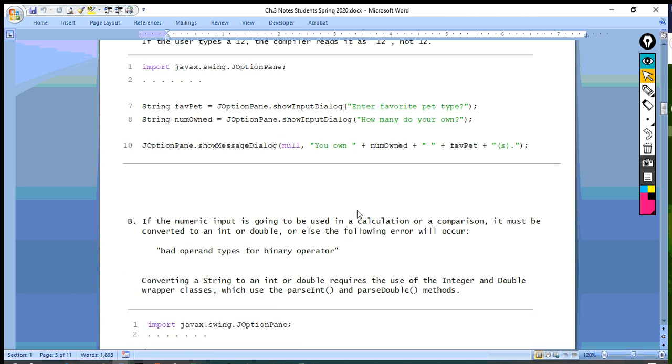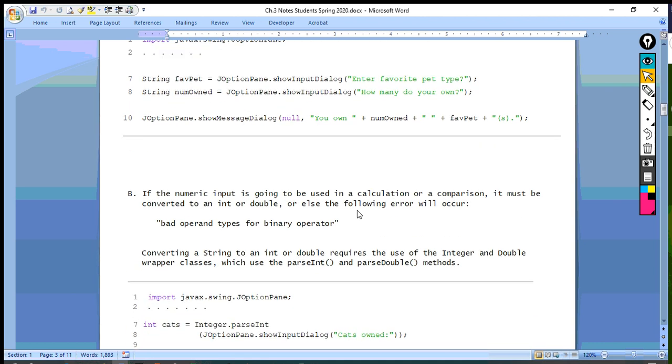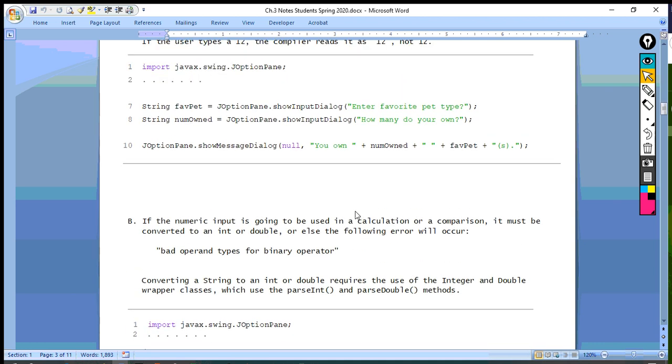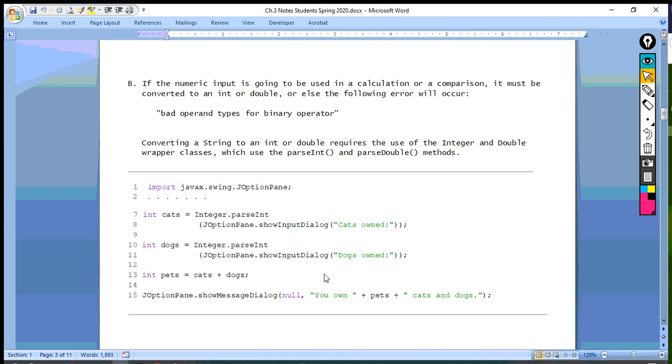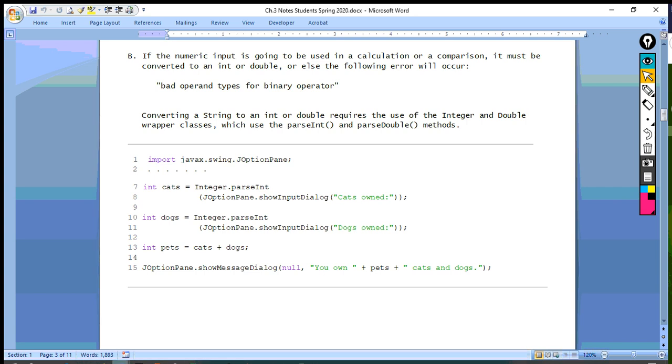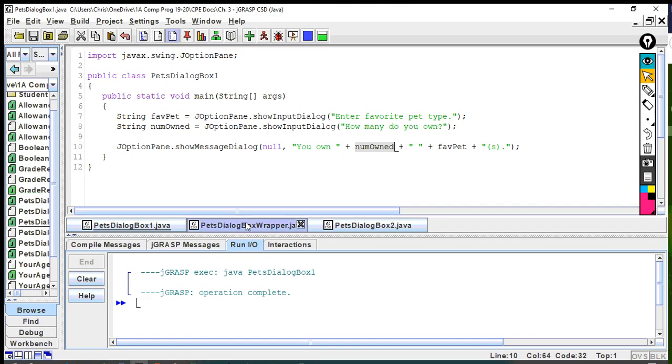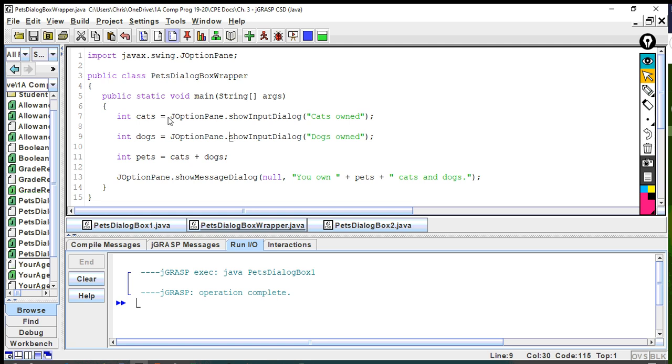So you might go, okay, well that's fine, and our ints and our doubles are actually going to be stored in string variables, but that's not the case because there can be issues. And so let's take a look at issues that can happen. Let's go back to JGrasp, and